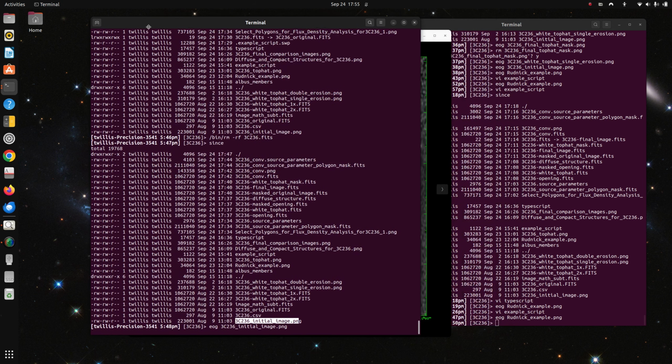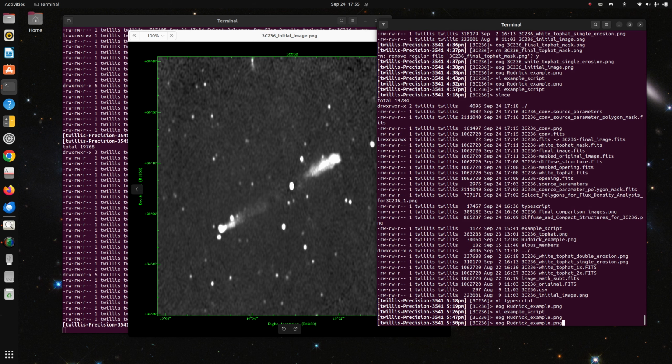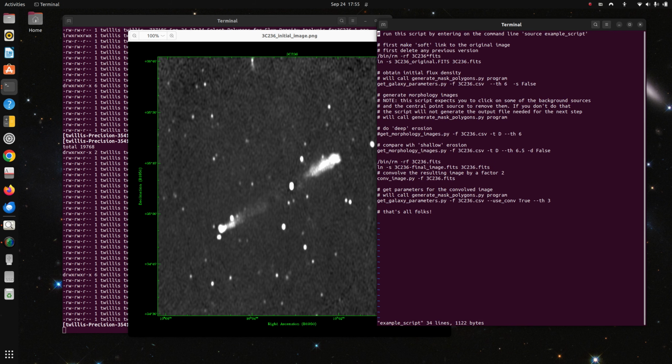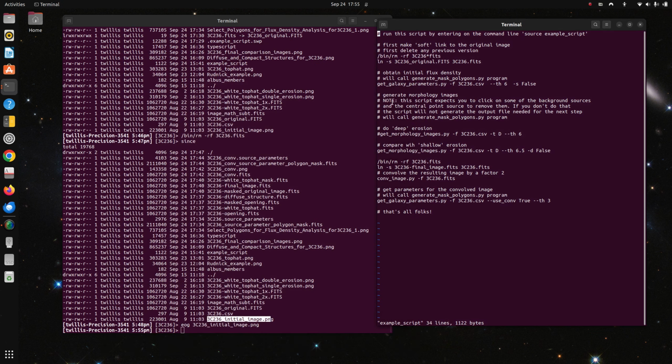So we're going to use this example script, and let's get rid of this guy now. We've seen enough of him. First of all, let's go through this. This way of describing things is a bit clumsy. I'm going to try and eventually turn all of this into